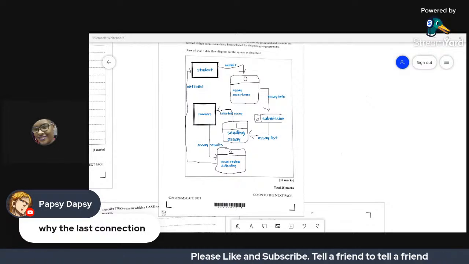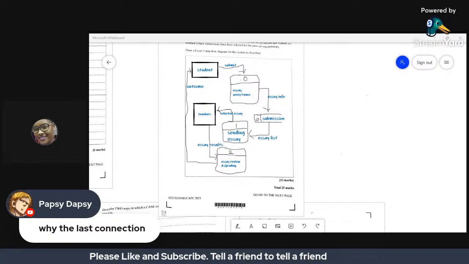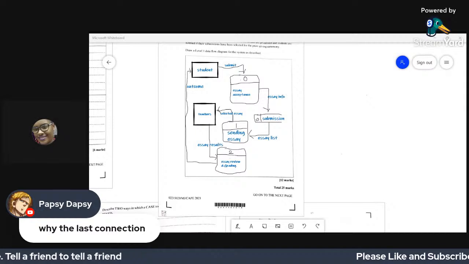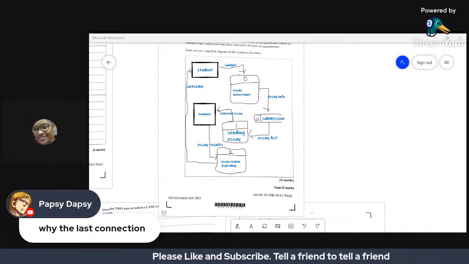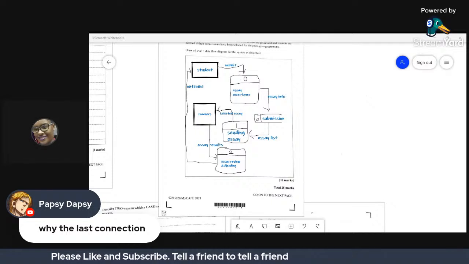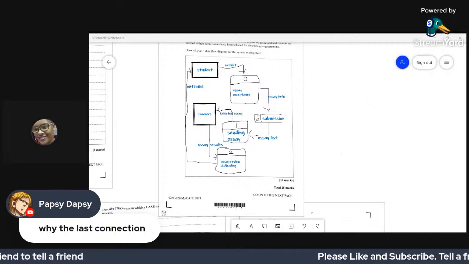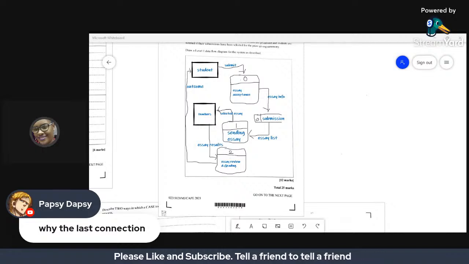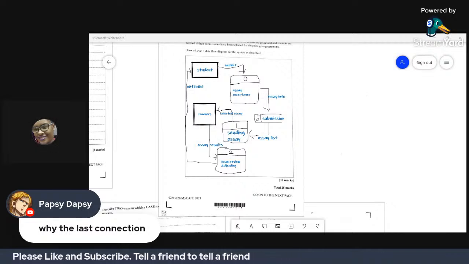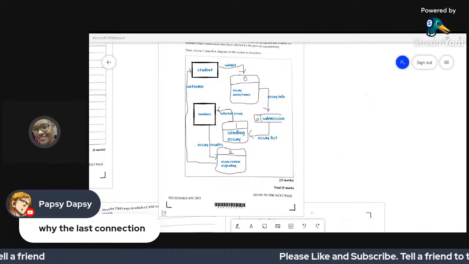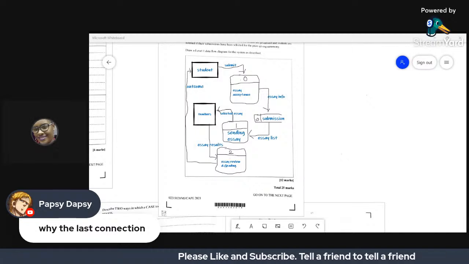Because the question said it. Once you get a question, just look for the who. Who are the persons interacting with the system? Those you put in your rectangle. Good. What actions need to be carried out, right? So in the first case, you saw where the students would need to submit an essay. So you're going to need a process which is going to accept those essays. Then you had a next process which is supposed to accept the essays and send them to teachers. Then we had a next process which would have been the grading and review process.